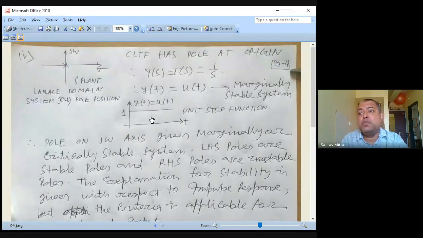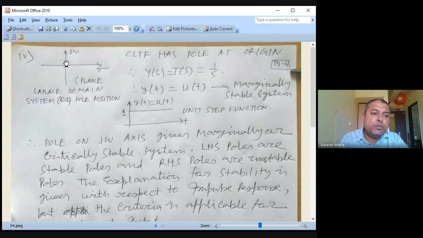In signals and systems, you might have seen that. And what about stability? The system is neither stable nor unstable. The system is called critically stable. So this j omega axis is actually the border. Left hand side is stable, right side is unstable, and on the j omega axis, if any pole is there,